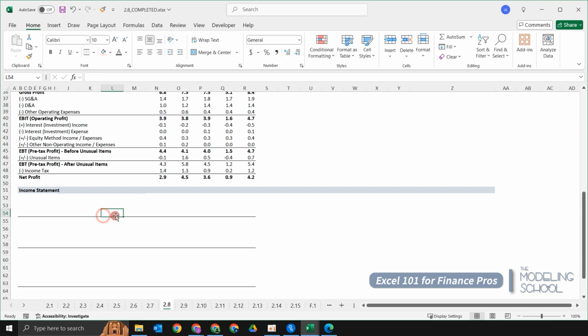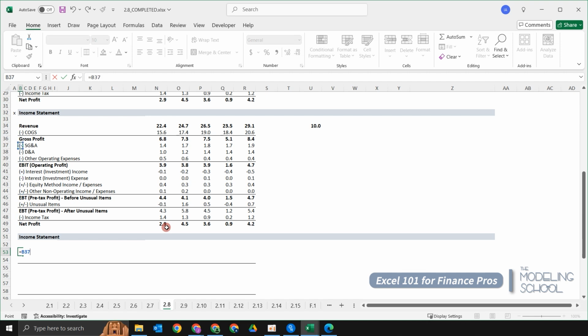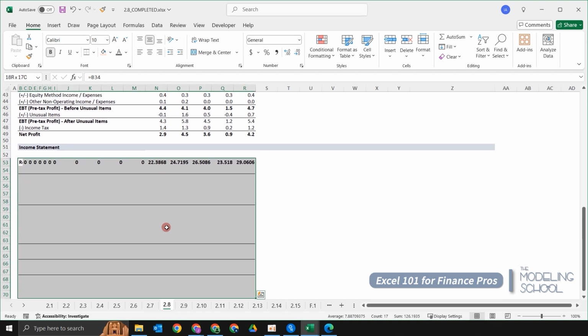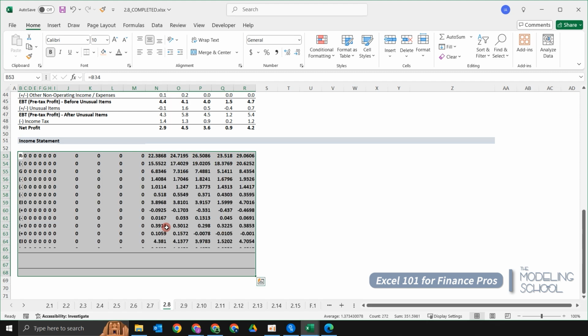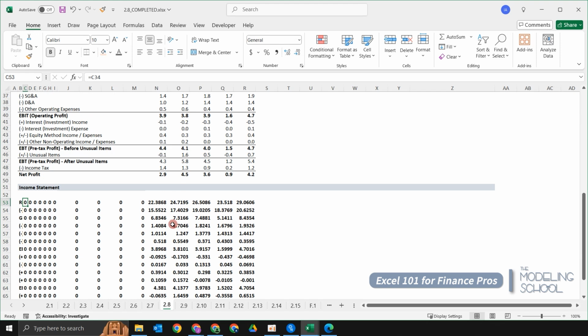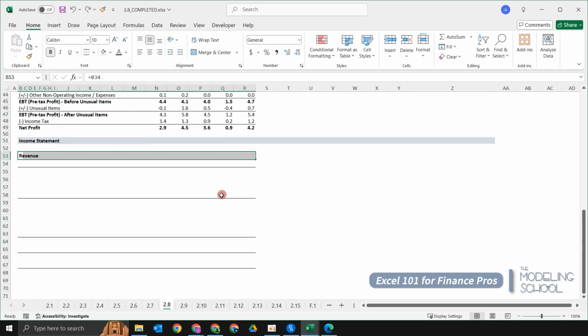But the problem with this is that, let's say we link the revenue title cell, and let's say that if we simply use Control R and the Control down function, the problem with it is that the original formats go away, and it is replaced by the formats on B53 where we started the copy and paste process. So in order to avoid that, what we're going to do is press Ctrl C